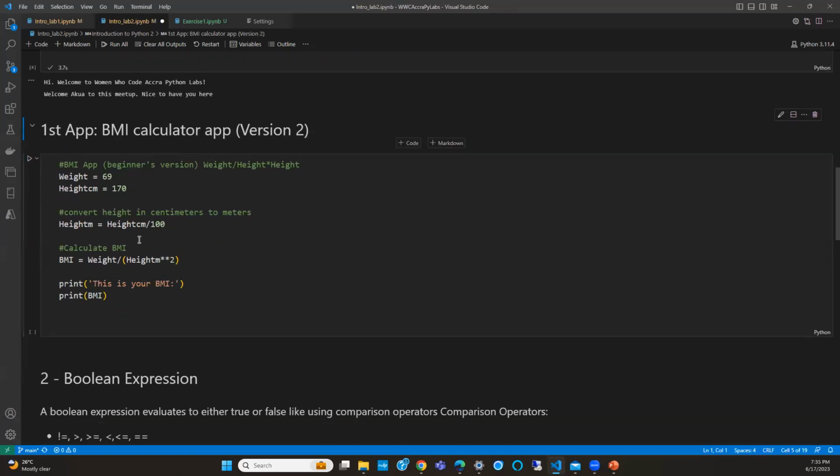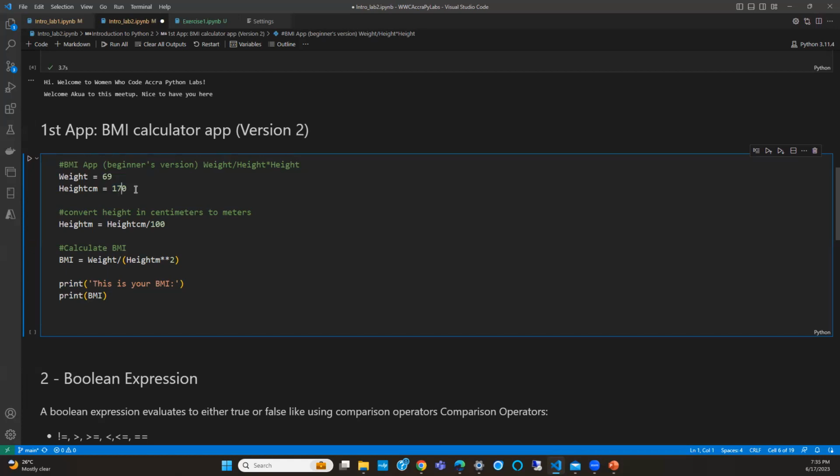So moving on to version 2 of our BMI calculator app. Now we know how to take input, right? So we can upgrade our BMI calculator a bit. Our first app was just with fixed values, so when the program is run, it only has one output, one BMI calculation, because the weight and the height are prefixed.